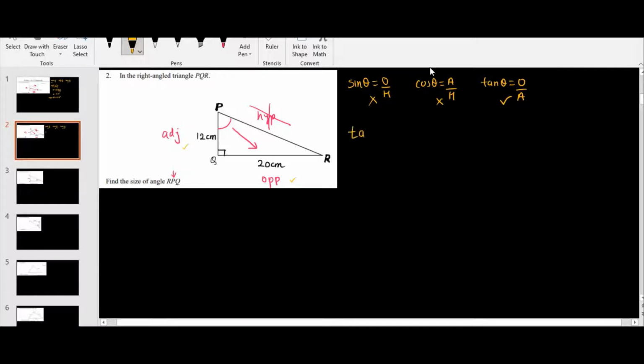Let's solve this. Tan theta, I will not write theta because I'm going to find the angle P. Tan P equals opposite value 20 centimeter and adjacent value 12 centimeter. Since we are finding the angle P, the tan will go to the other side. It will become P equals tan inverse of 20 divided by 12. Now you can use your scientific calculator. Press shift and then tan inverse, 20 divided by 12. Close the bracket. Answer is